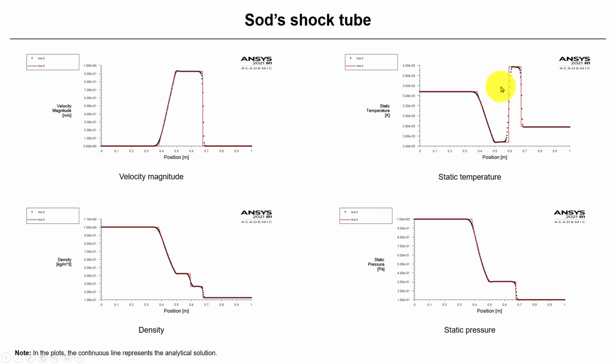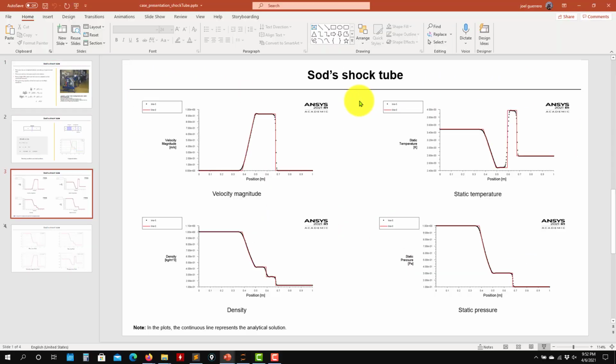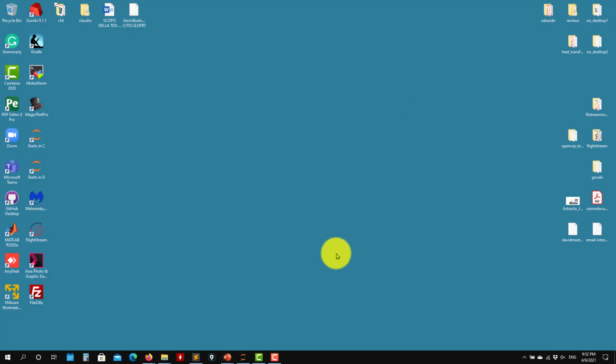Okay, this is not a big deal. So this is an accurate, robust solution. So let's work it out in this case. Let's see how to set up this problem. Again, you will have, let me launch